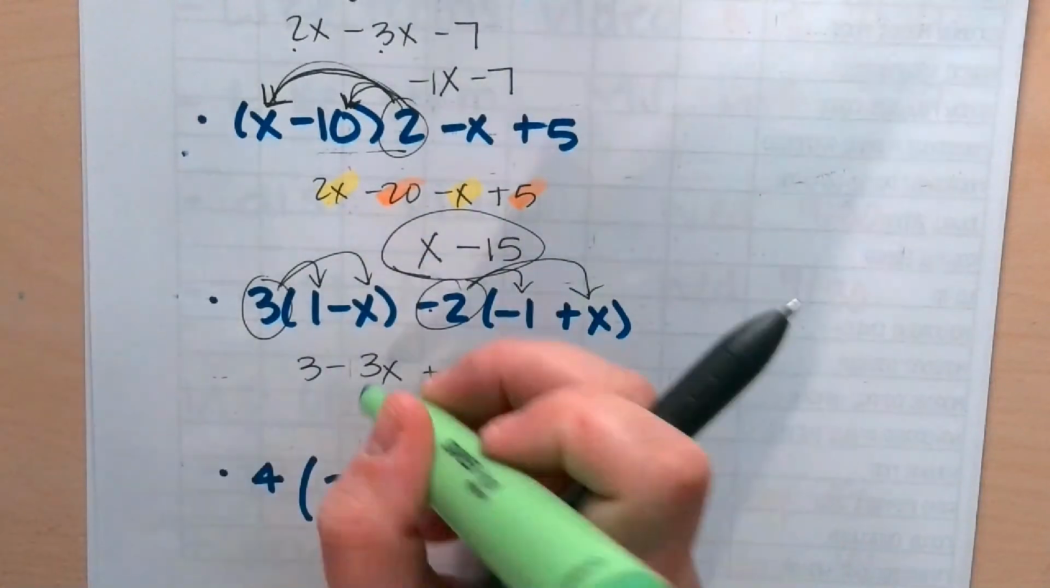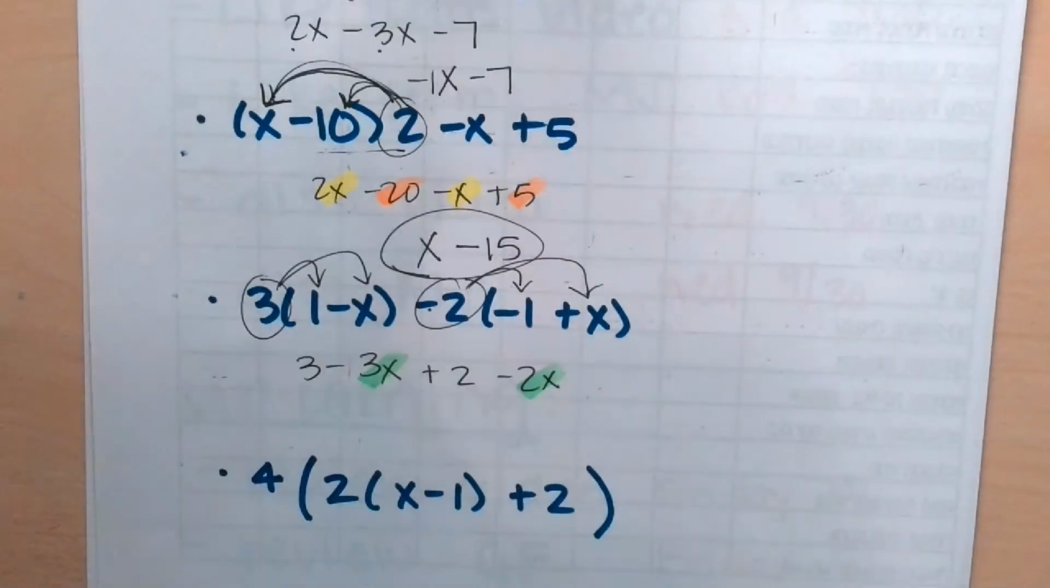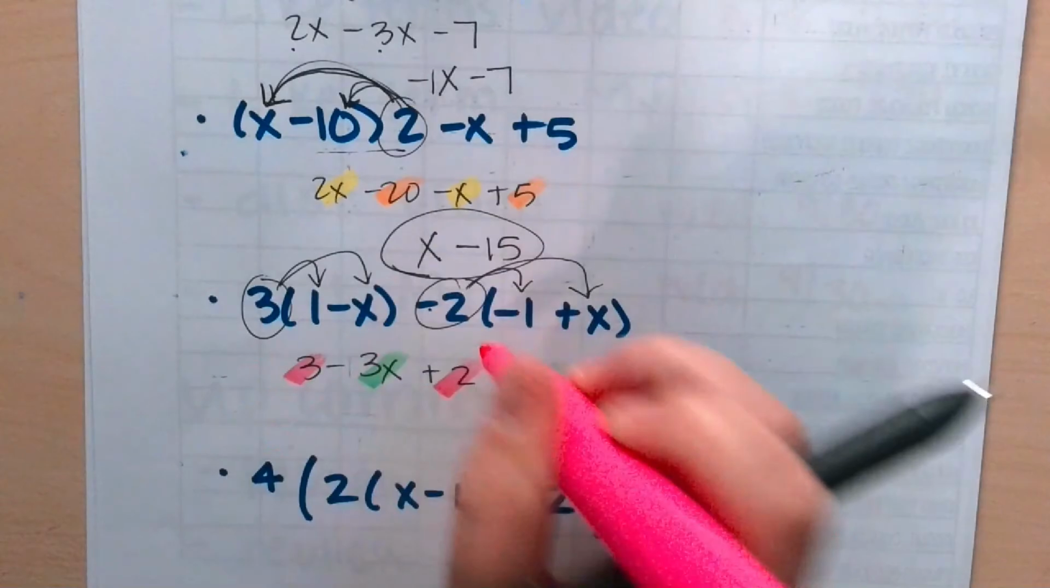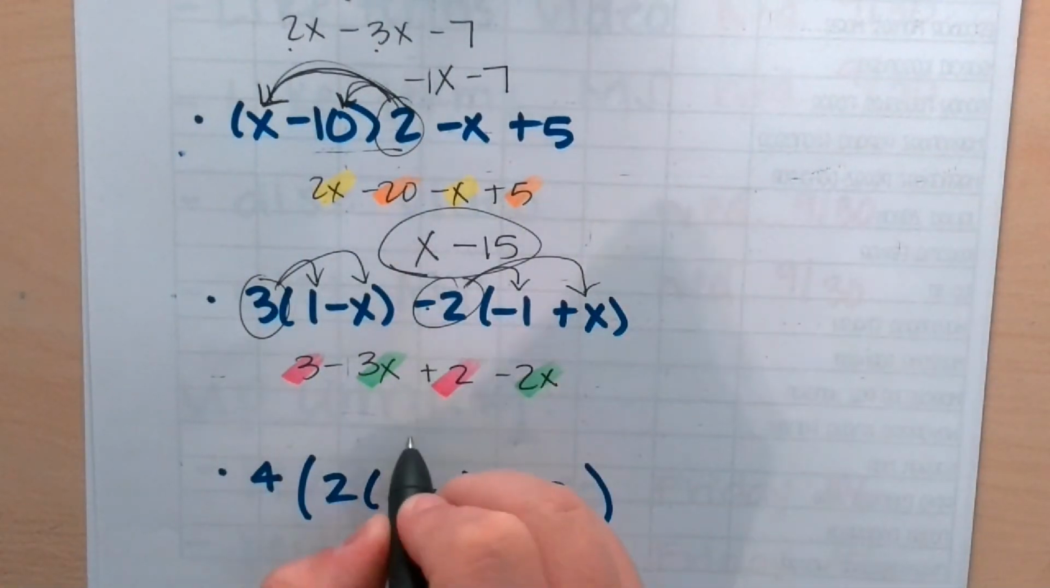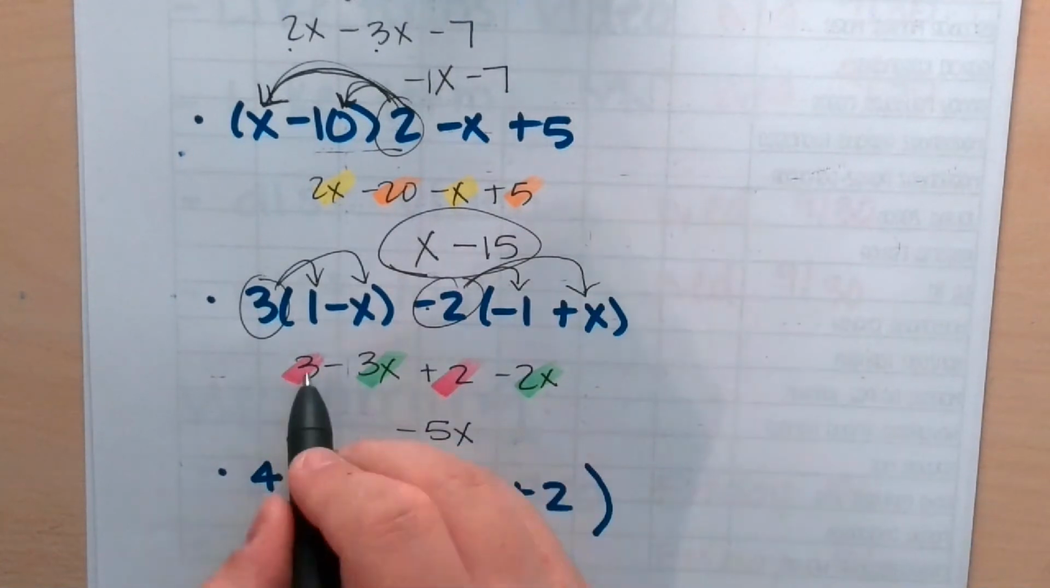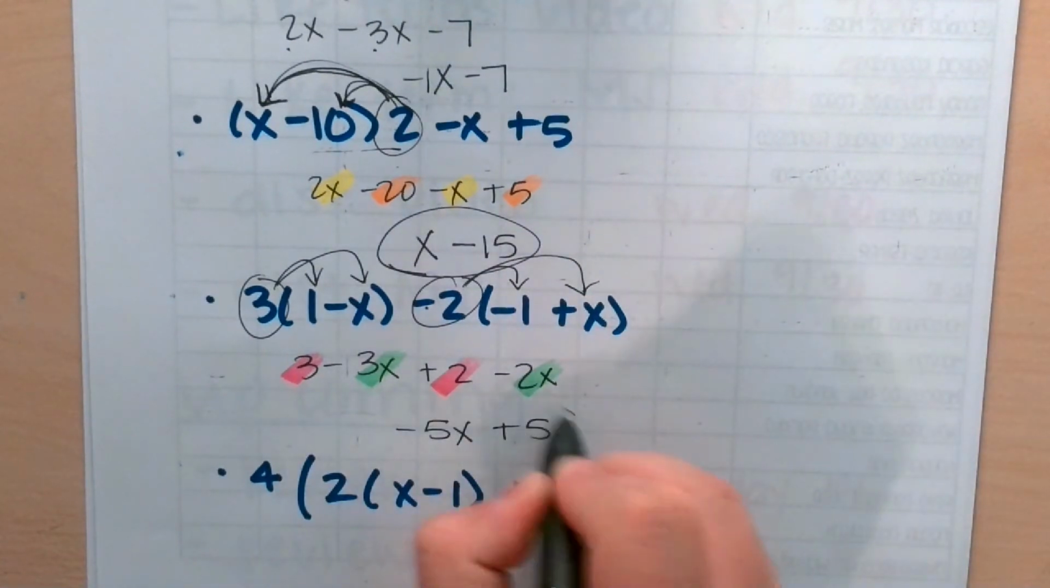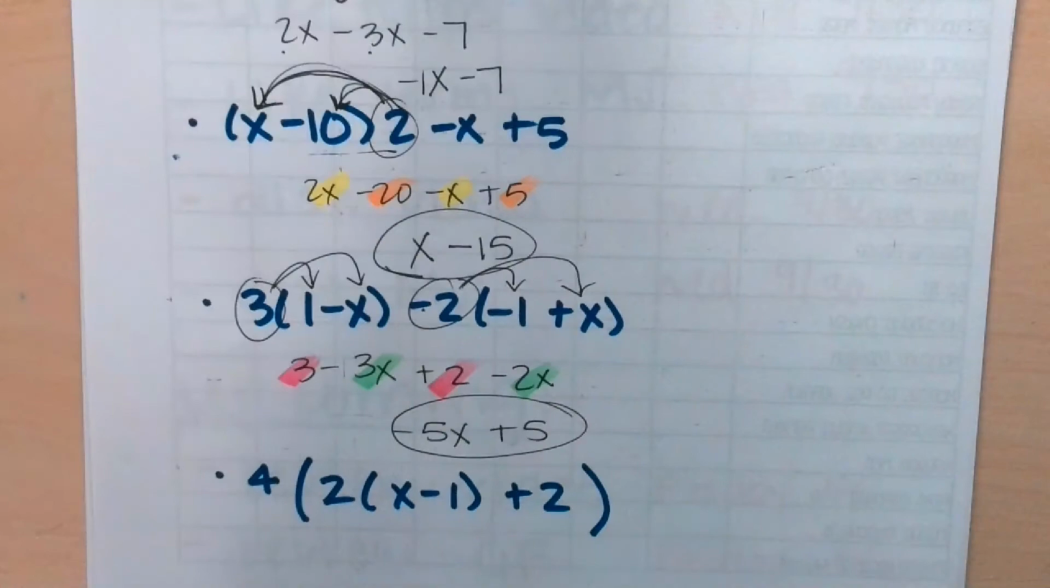We have our like terms. Negative 3 minus 2 gives us negative 5x. 3 plus 2 gives us a positive 5. Okay. This last one